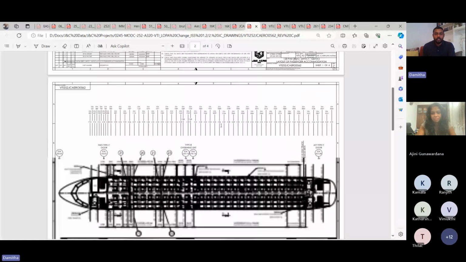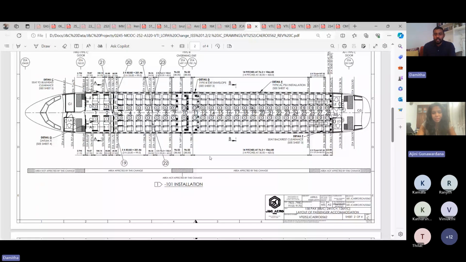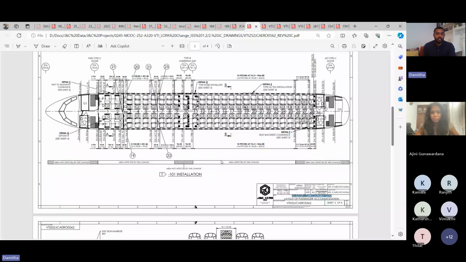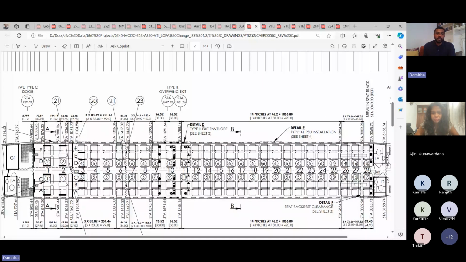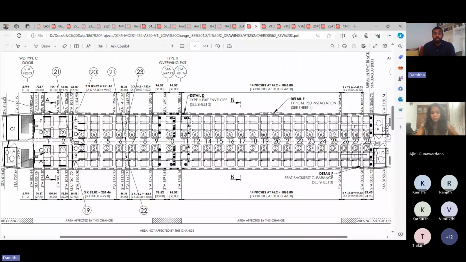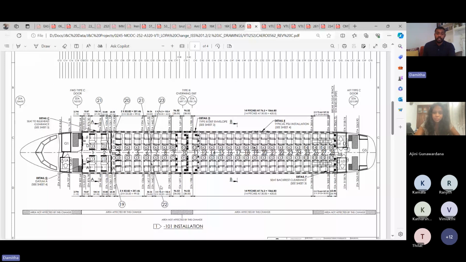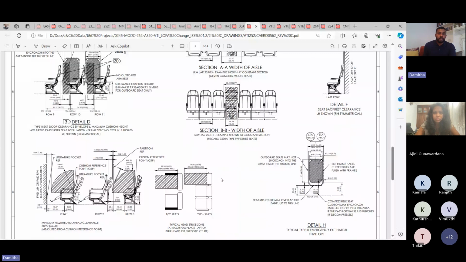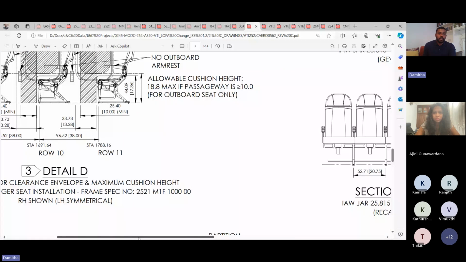So this is, as I told you, the LOPA, which had the configuration of 158 pax, 8 BC, 24 plus 126 YC, Yankee class. You can see the screen now, right? I told you these are the business class sections, and these are the economy class sections. Everything should be dimensioned correctly, and there's an aerospace standard for doing everything. So you need to make sure when you do these kinds of drawings that you meet all the requirements. And these are the emergency exit regulations I touched on.